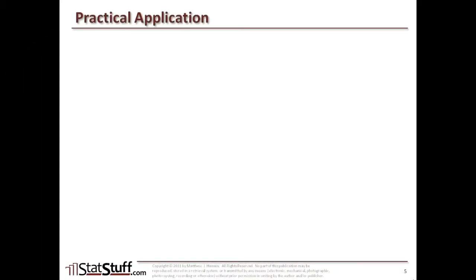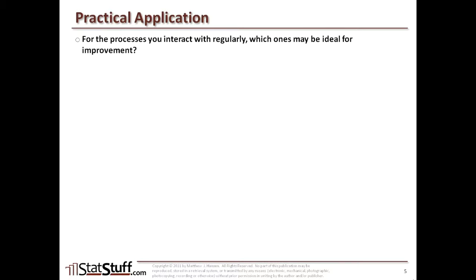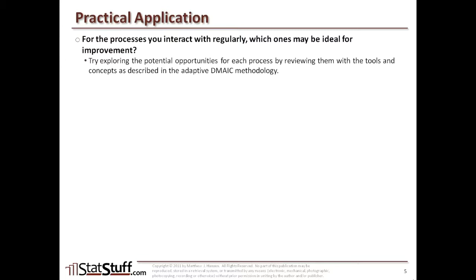Alright, before we close this lesson, let's discuss how we can apply some of these concepts in a practical way. Well, I would recommend that you look at the different processes that you interact with on a regular basis and identify some of those processes that you think might be ideal for some sort of improvement, somehow making it more efficient. And then use those as a guide as you walk through the lean adaptation to the DMAIC roadmap, and